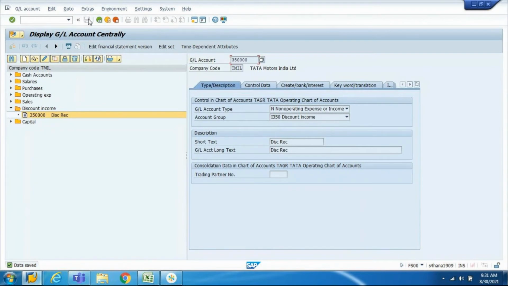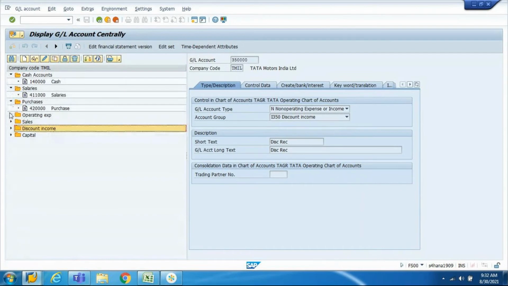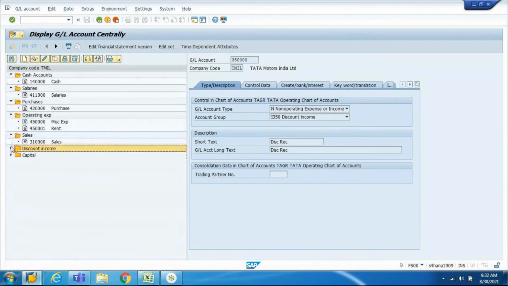So we'll stop here today. So tomorrow what we will do is, I will tell you if I wanted to see all my GL accounts, what is the way to display the GL accounts, right? How do you display all the GL accounts? Is there any such T code in ECC to display all the GL accounts? And is there any such T code in S4HANA to display all the GL accounts? So I cannot go and expand all this like this, right? We have 500 GL accounts. Is it possible to expand and see 500 like this?